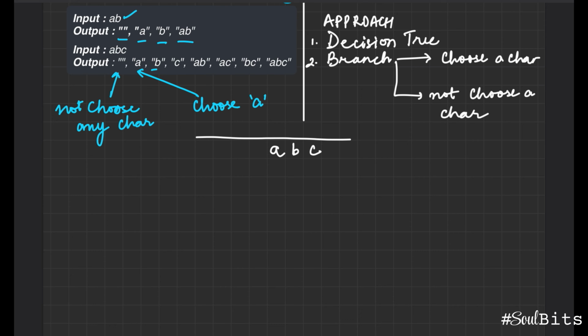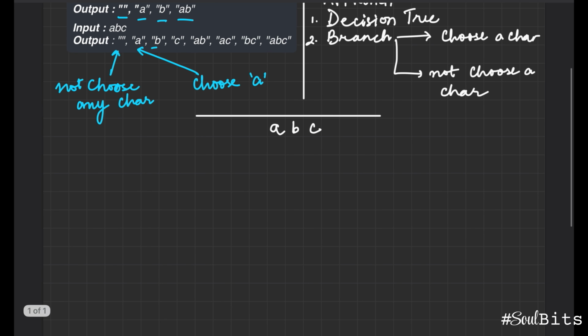So let's say that we have our second example, ABC, and we create a decision tree out of it, where on each step we make a choice to either use one character or not use the character.